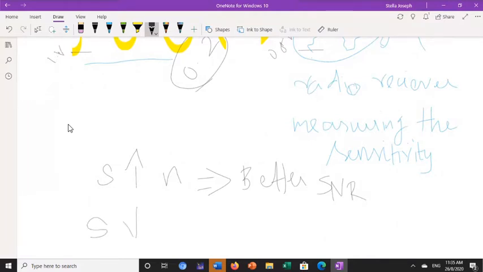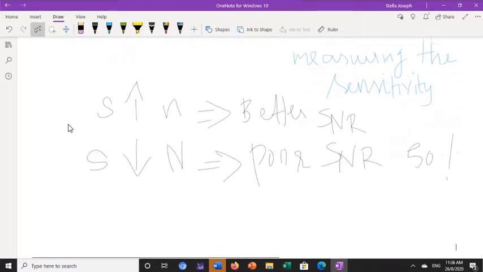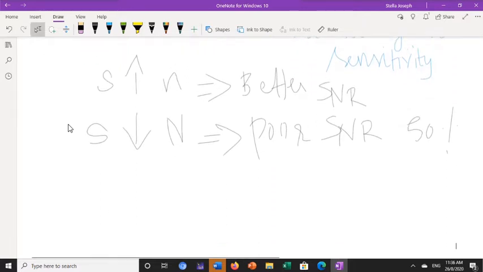If my signal is less than the noise, then it is corrupted with noise, then it is poor SNR. Why? My signal is affected by noise and I am not able to receive my original signal properly. Say we can say 50% of the signal is received. So if I am transferring HELLO, then it will transfer HLL, HELL. That means some part of the signal gets affected and it will not be able to produce a proper signal.